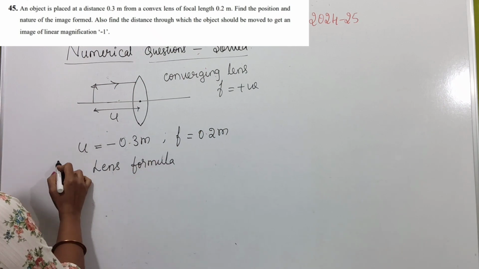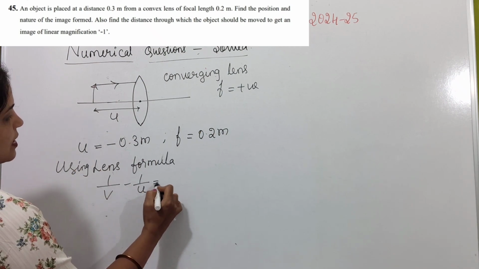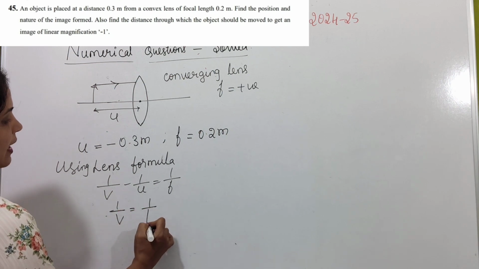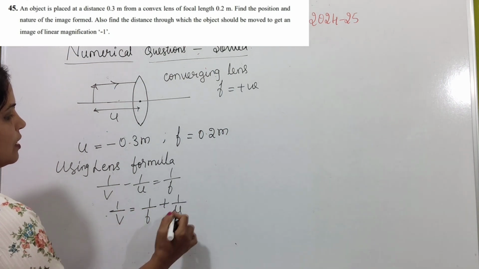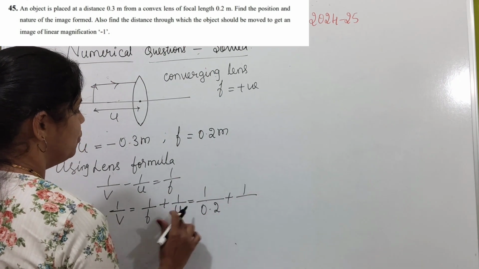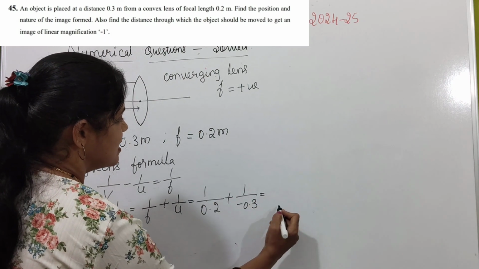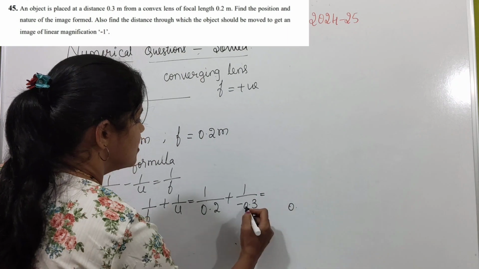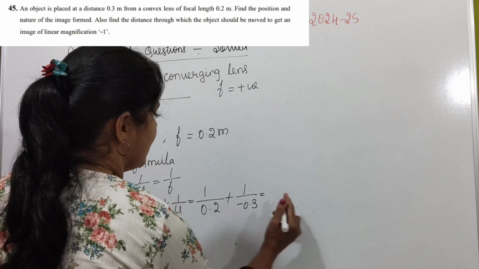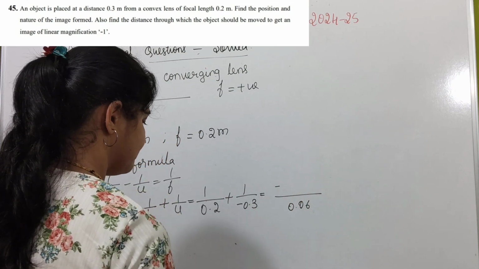Using the lens formula, 1 by v minus 1 by u is equal to 1 by f, or 1 by v is equal to 1 by f plus 1 by u. Substitute now: 1 by f is 0.2, plus 1 by u is minus 0.3. So its LCM is 0.2 into 0.3, so you can write it as 0.06, cross multiply, minus